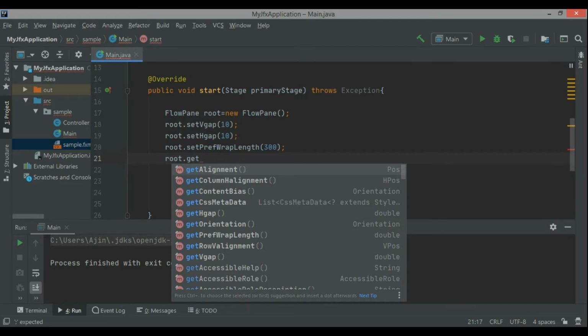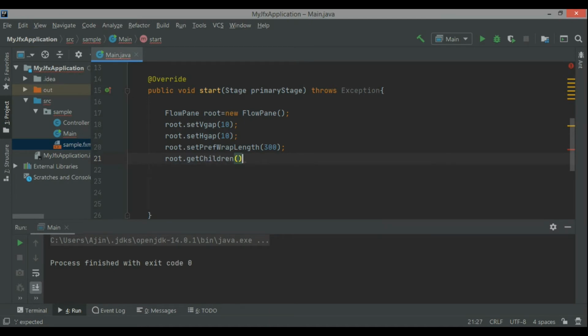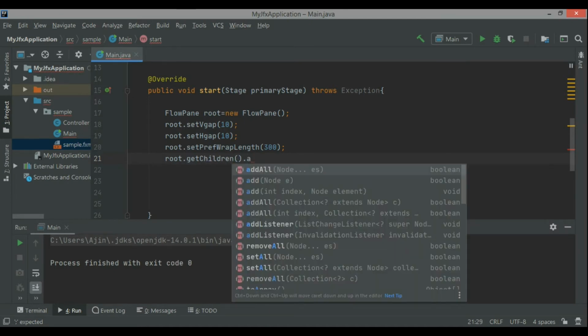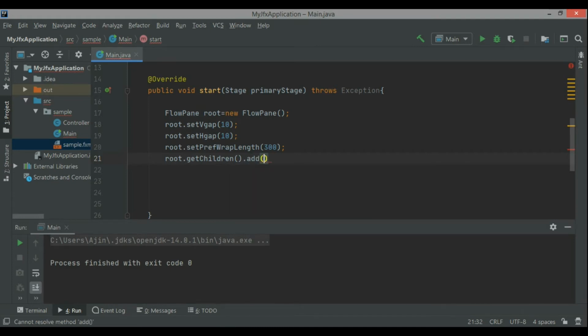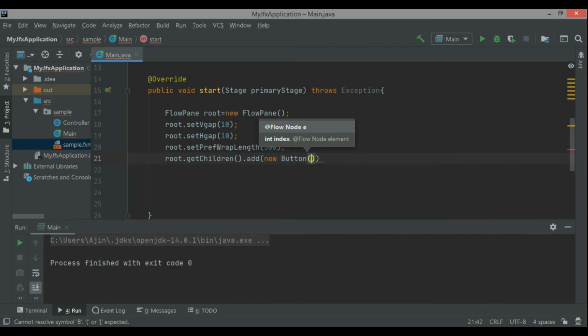Then root dot getChildren dot add, and in this video you will learn how to add a button in a new way. Just create the object directly, new Button, and then pass the text for the button,